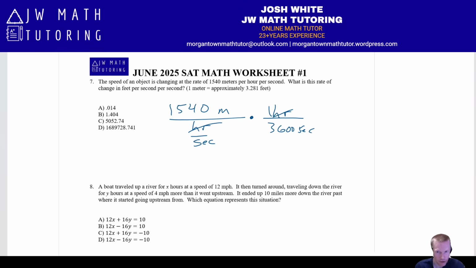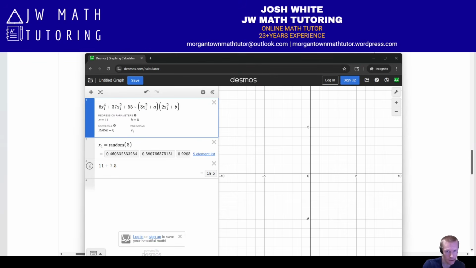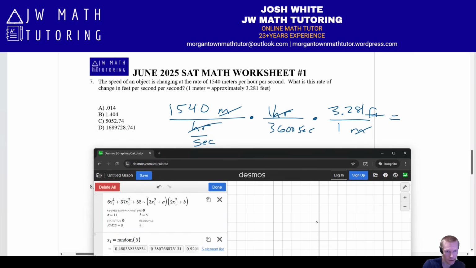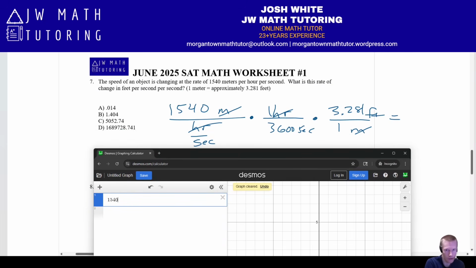But you have to convert the meters to feet. So now we're going to use the conversion. 1 meter, 3.281 feet. So now the meters cancel out, and now we're going to have feet per second per second. So this we can just go to Desmos and just type it in. 1540 times 3.28 divided by 3,600,